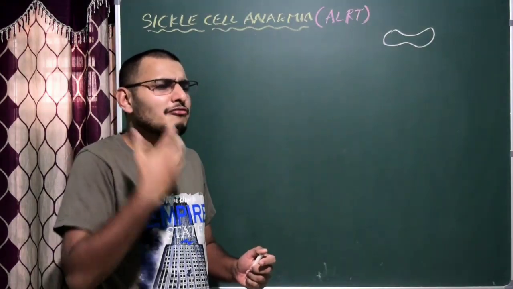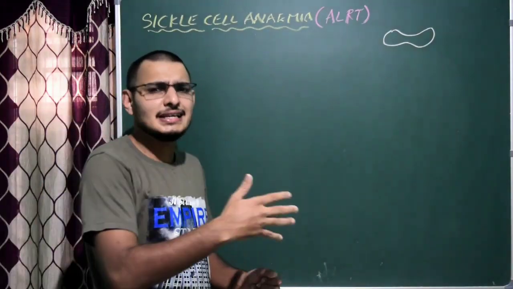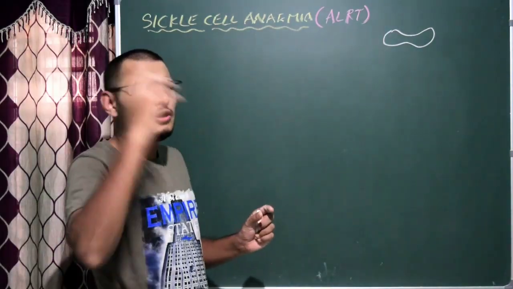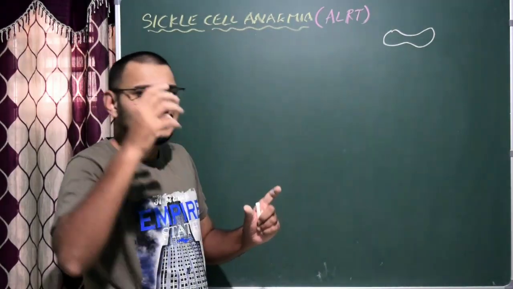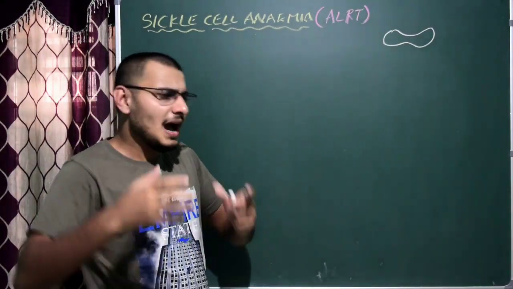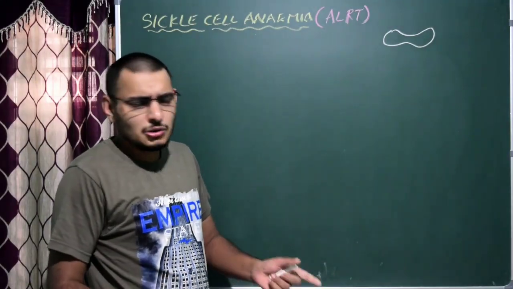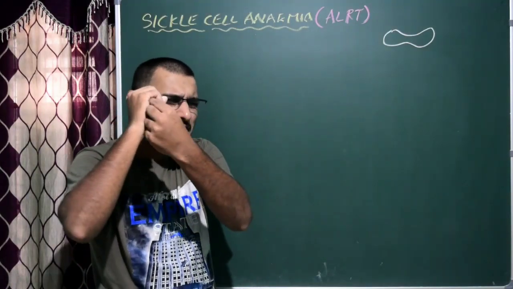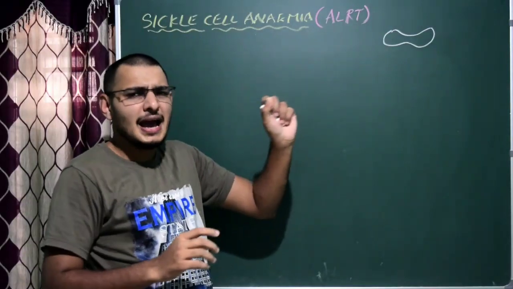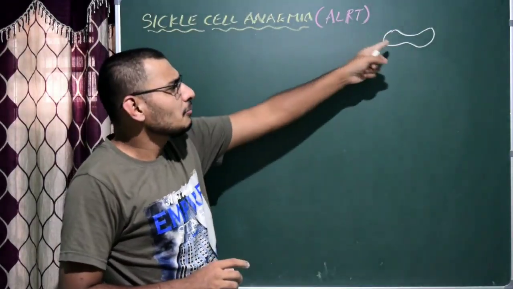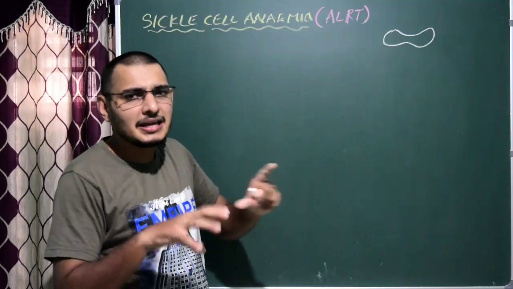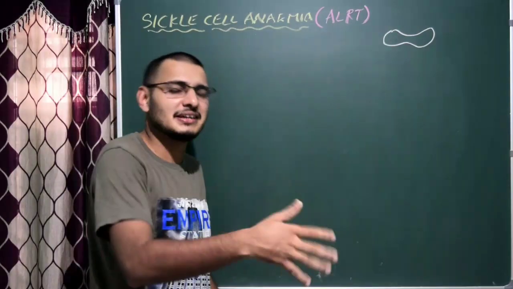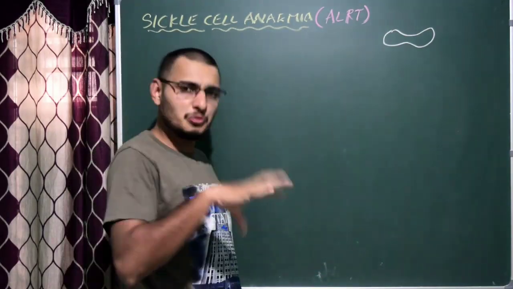At any time, like if I need more oxygen, the RBC can flow within the blood and reach any tiny capillaries. We all know that from the heart a big pipe arises, that is the arteries, the bigger or wider pipe. As it moves further, they form networks. In the networks you see tiny capillaries. Here the width of the pipe actually reduces, which can cause certain stress. But because of the biconcave shape of the RBC, nothing will happen to it. These RBCs carry oxygen and ultimately they reach the tissues, where tissues get oxygen. This is what we know.